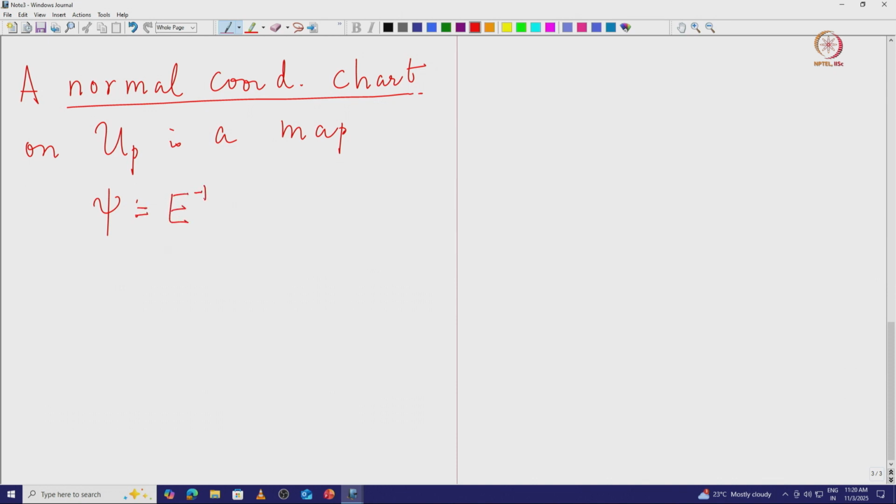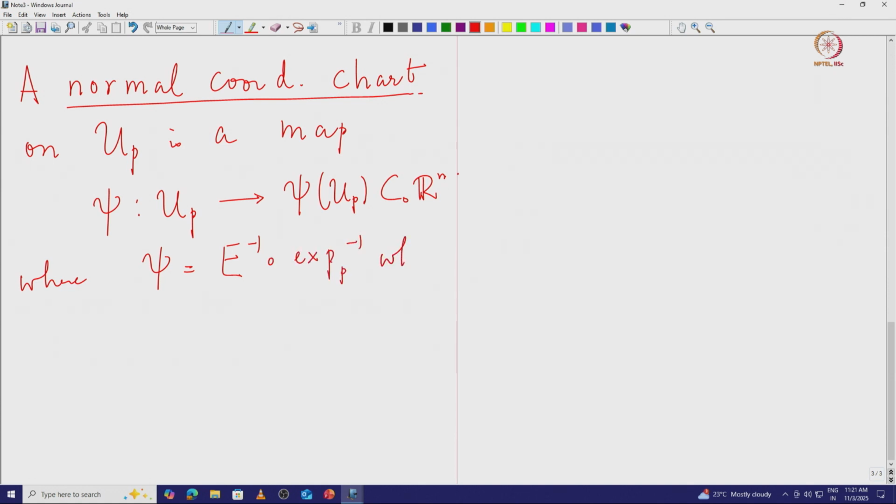I will explain what E inverse is. It is a map psi from this to an open set in R n, where psi is given as the composition of these maps,